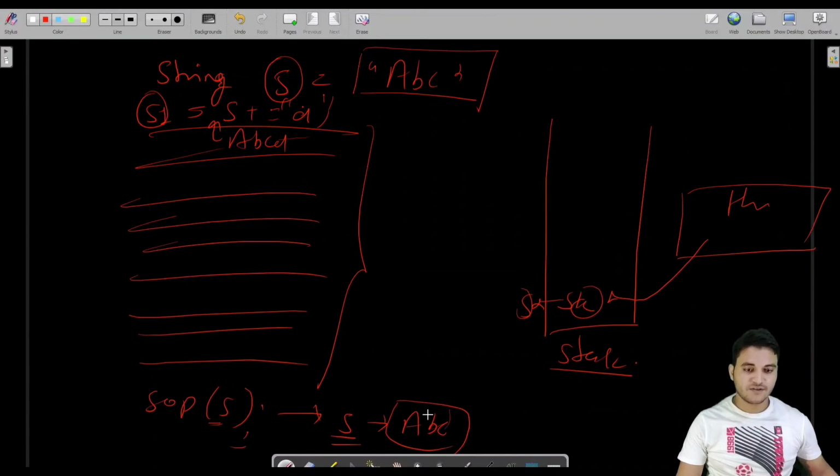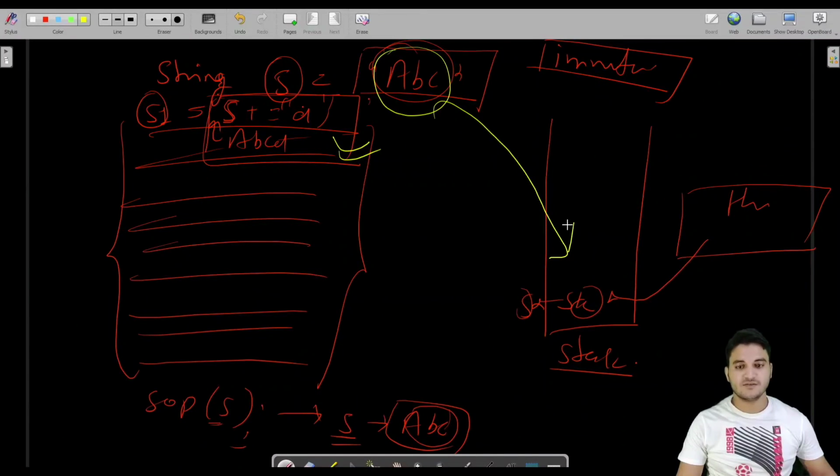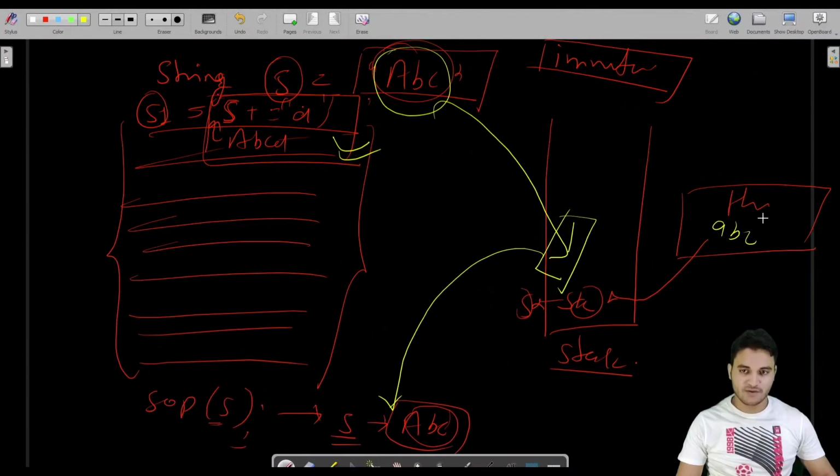If I am using this reference, it would print abc, because I was expecting abc. Some other developer came here and did some modification. But as you know, strings are immutable by nature, like we cannot modify strings. As we cannot modify the string, once this developer makes a change, that change will not be reflected in this reference. So when we use this reference, we will get only abc, not abcd. So this is a benefit.